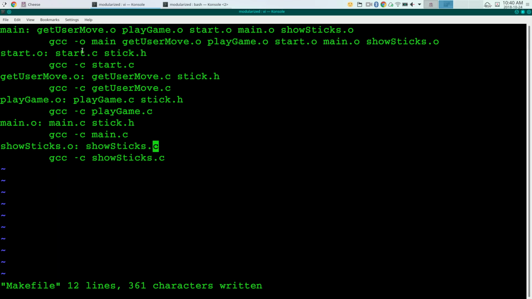And for each of them, I'm listing the dependencies and then showing a command that will create that object. And let me just see if I can get rid of any of these